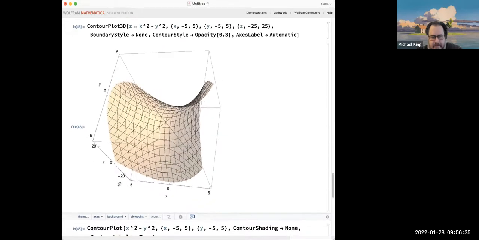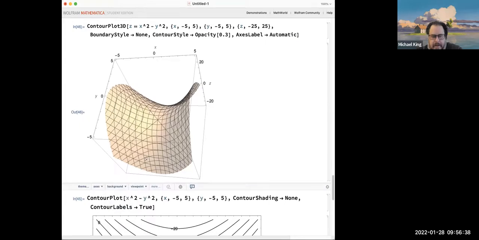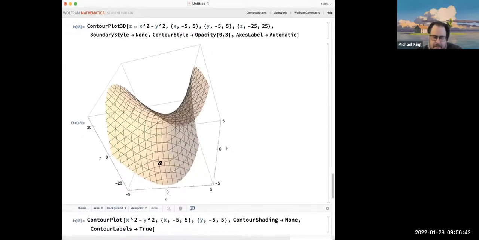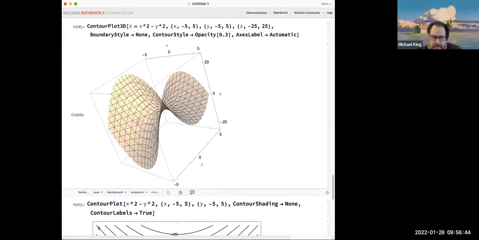If I again look from the top, we can see the upward facing parabolas and the downward facing parabolas as slices in this mesh. And then if we look from the top,